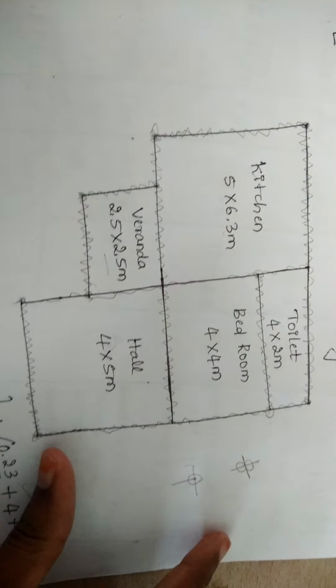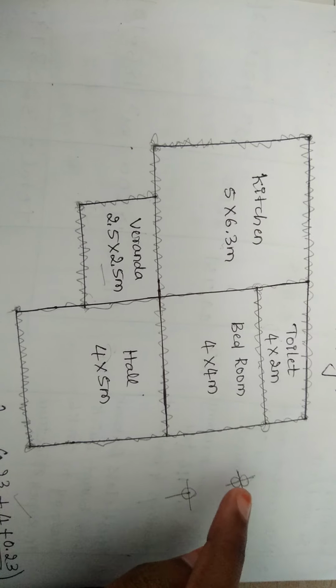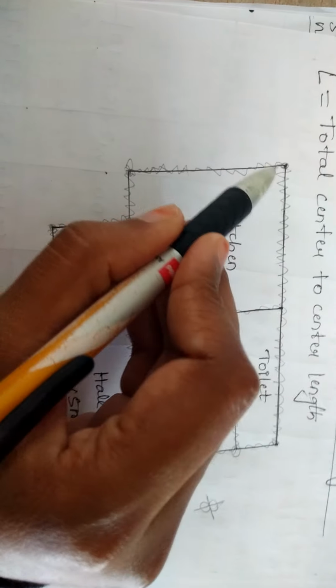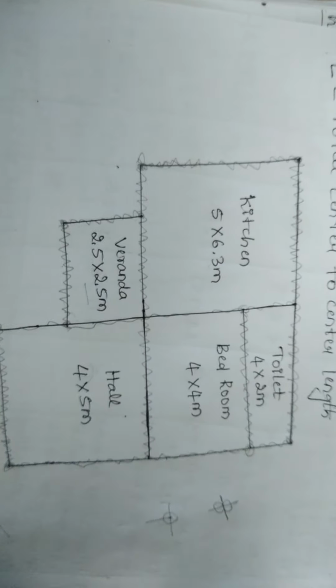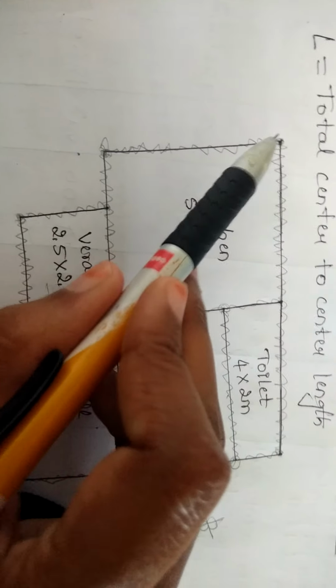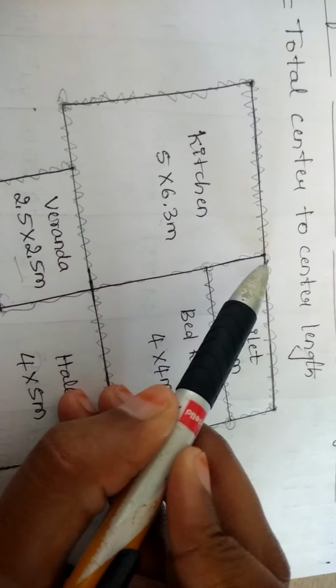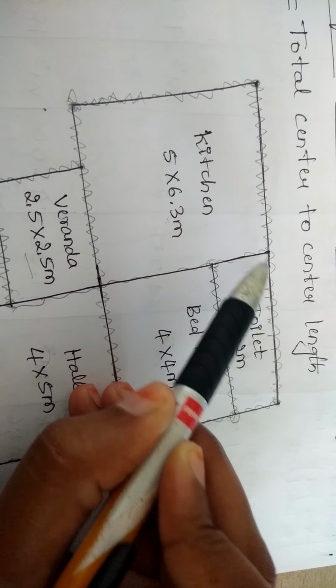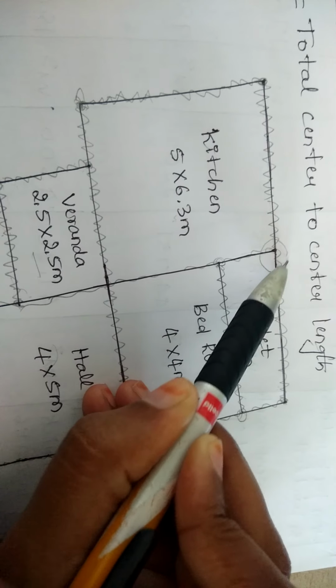So now you have to look at the figure to see how many T junctions you have and how many plus junctions you have. Starting with the endmost corner, at the end you have an L type of junction. At the L type of junction you won't get any point, so please leave the L type of section here. Now move to the next point. Here you can see a T type of section. That means you can get one junction at this point.